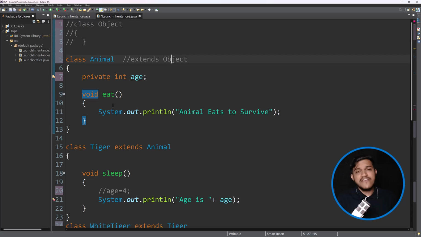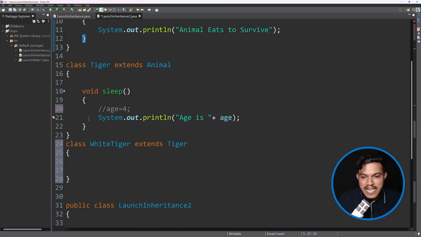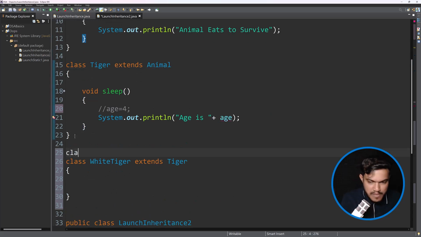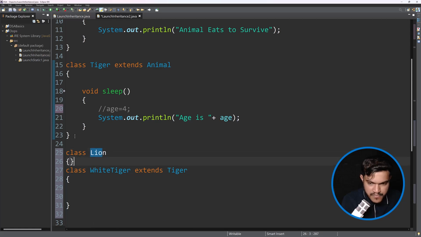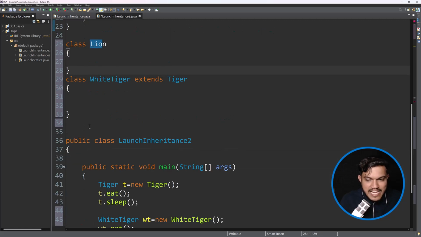And one more very, very important concept is that in Java, multiple inheritance is not allowed. Multiple means one child class cannot claim that it has multiple parents. Example, I'll go back here and define one more class, maybe I'll say class Lion. Okay, great. We have Lion here. And right now, WhiteTiger is already extending Tiger. Great. You cannot say